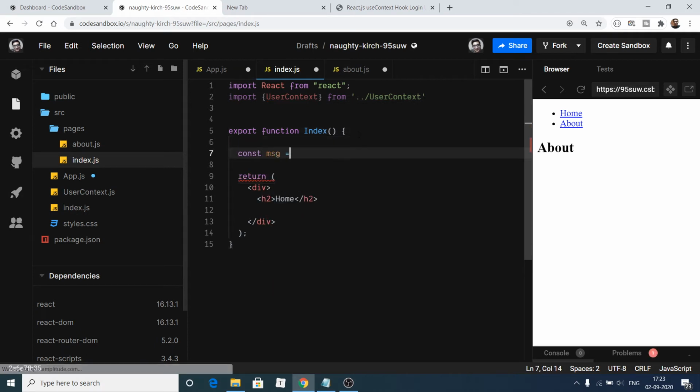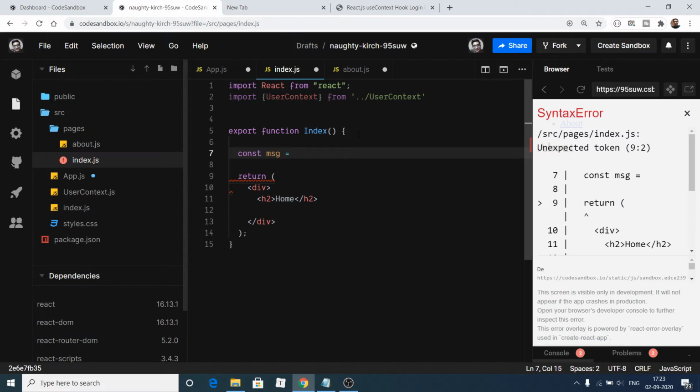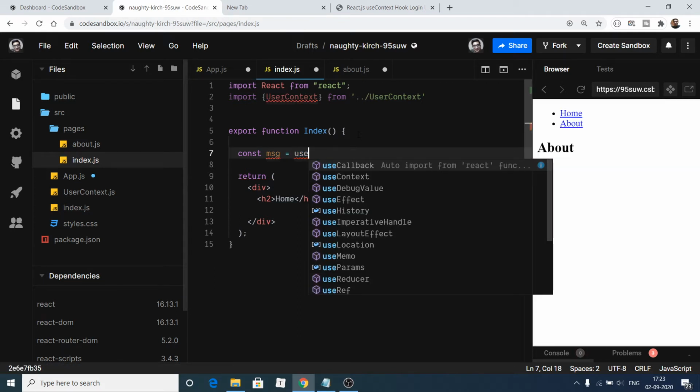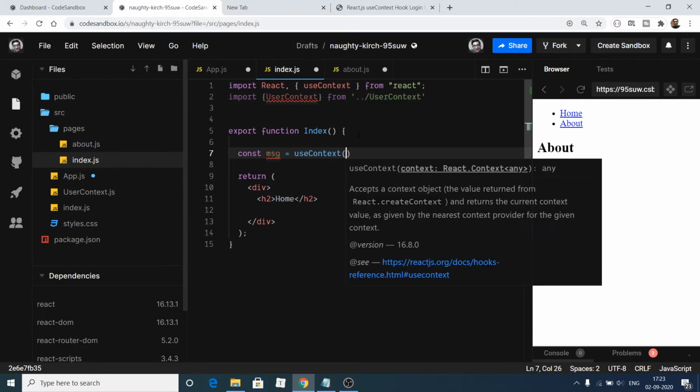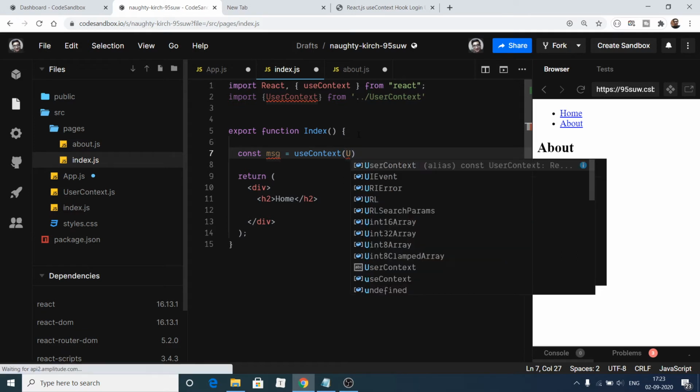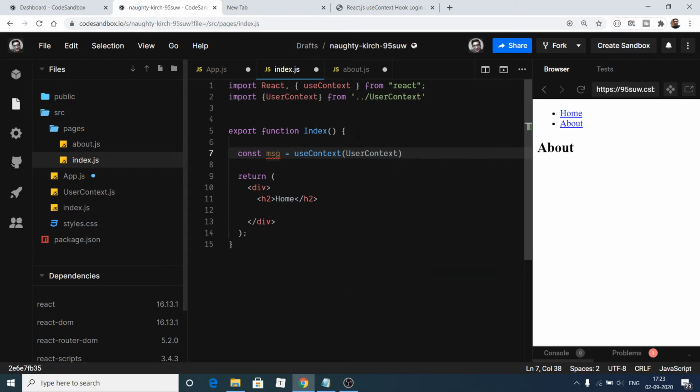Let's suppose we declare a message field here. In order to use this, we will use context hook here, which we had talked about in this tutorial, in order to use this context. And here we will pass our own context here, user context, that's it. We will extract the value, and here after this we can print out this value inside curly brackets msg, that's it. Now if I reload the application, go to the home route, you will see hello world, this is Gotham, the same value that we have provided here.